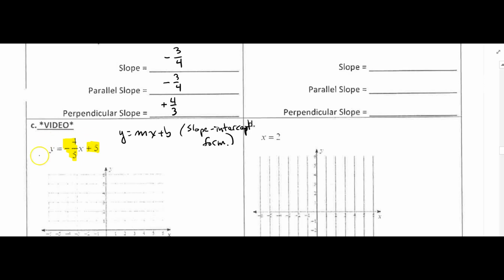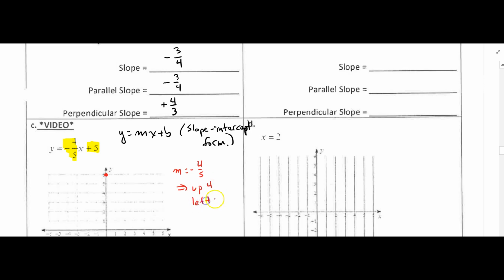So I can use the equation to help me graph it. So y-intercept of 5, so I'm going to make a point at 5, and then my slope is -4/5. So m equals -4/5. So what that means is I can either go up 4,